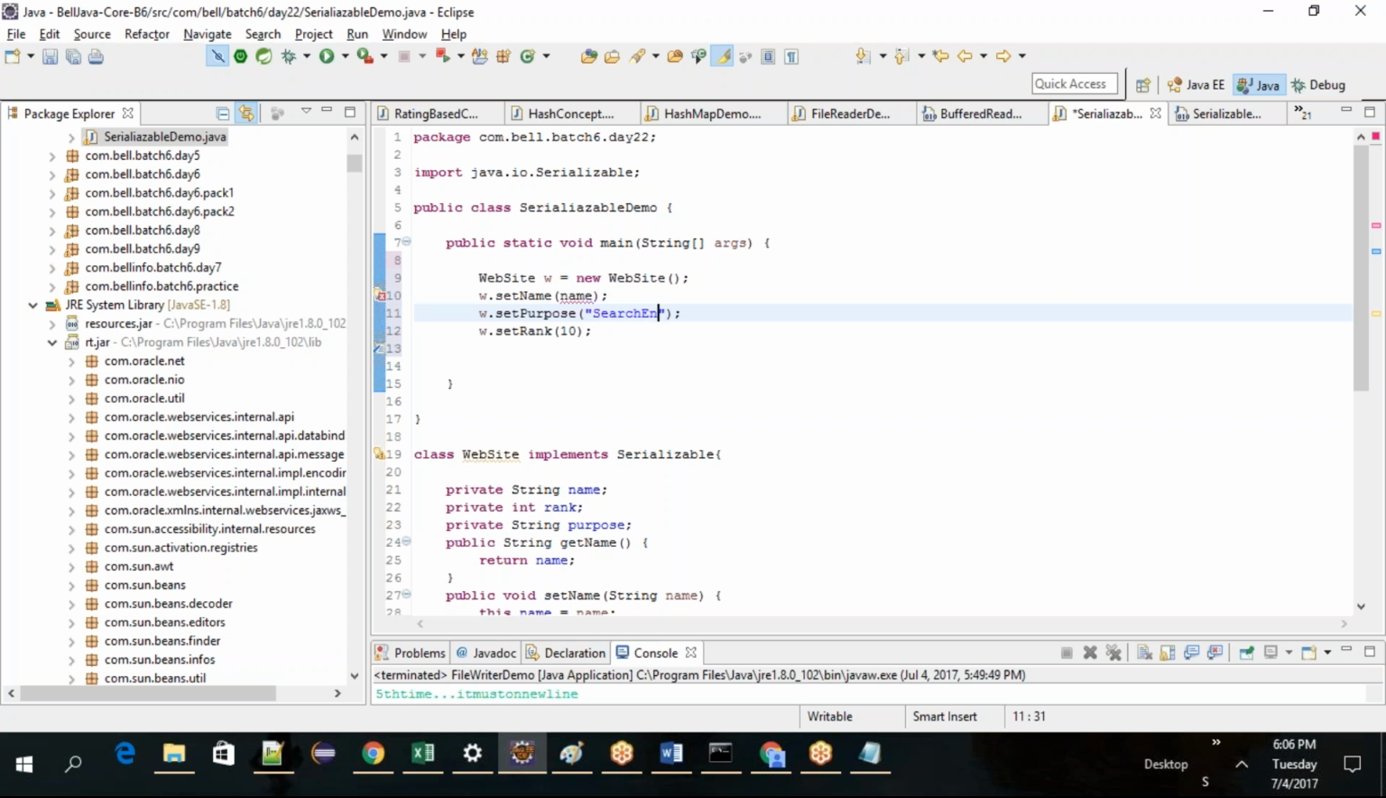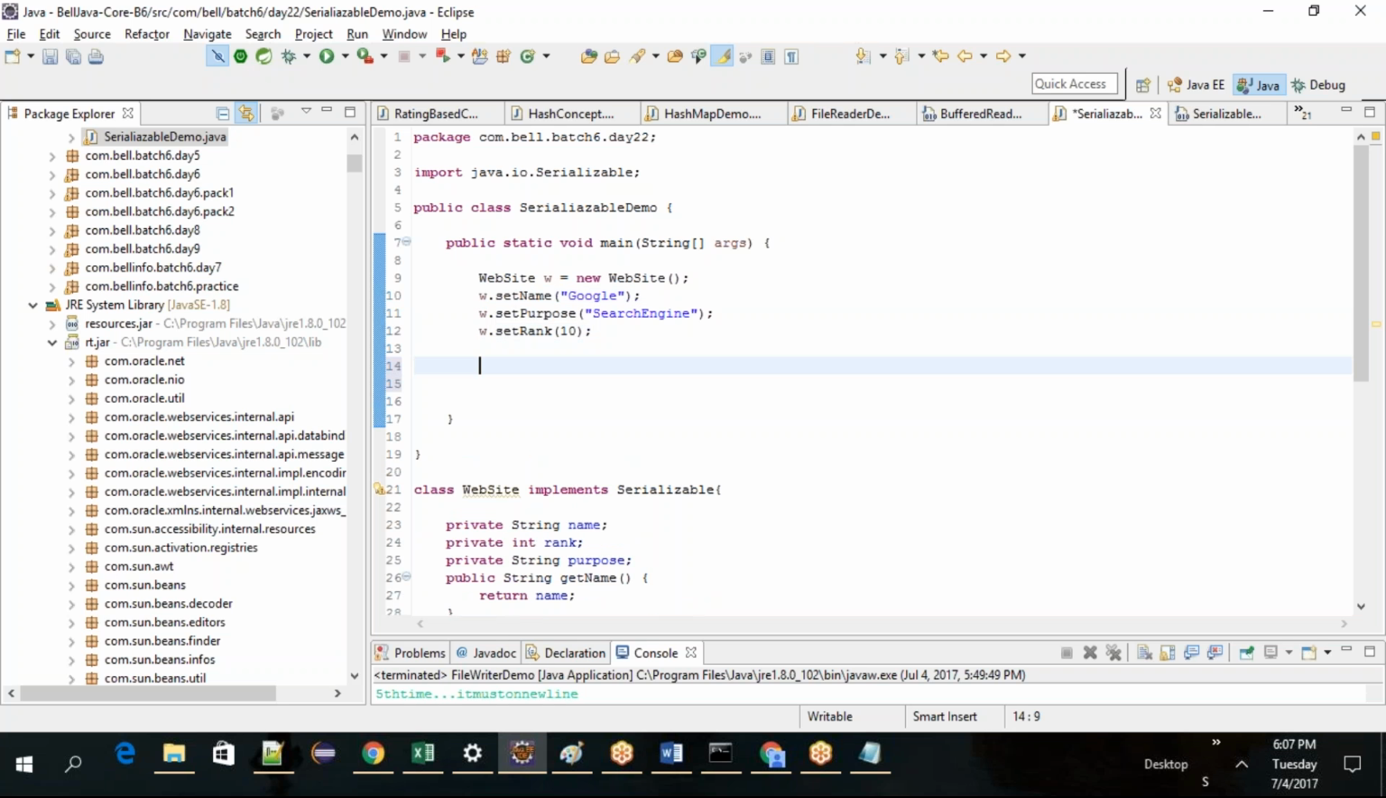Search engine, site name, Google. So this W is your object with the search engine Google with rank 10. Now you want to make this a persisted object, send it to the flat file. So what you can do,